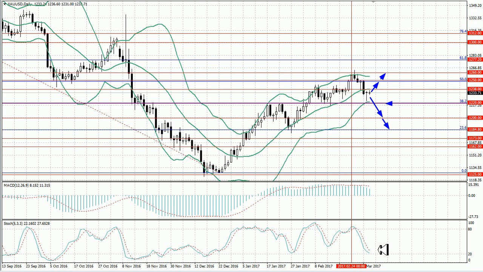Indicators point at decrease. Stochastic is pointing downwards. MACD histogram is decreasing within the positive zone. In this situation, long positions can be opened if the price reconsolidates above the 1,220.00 mark, with take profits at 1,238.00. In case of a breakdown at 1,220.00, short positions with targets at 1,200.00